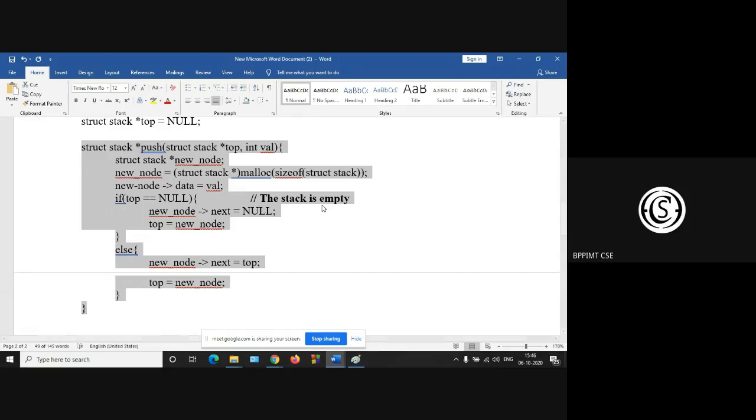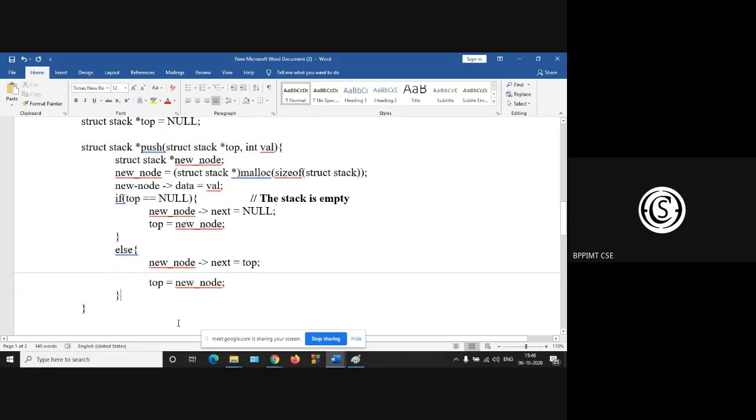And obviously, finally, there will be a return as you are inserting the top with type struct stack. So finally, return the top. So this is the last line in case of push.